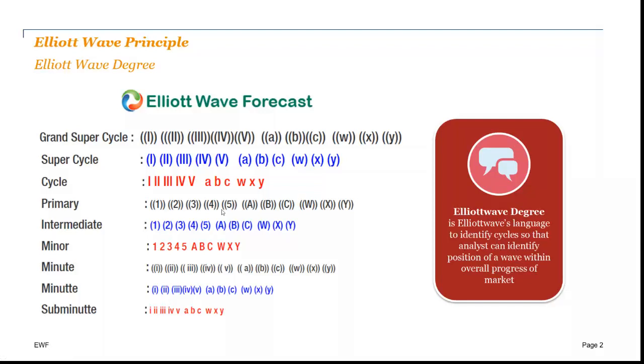The easiest way to do it is you start from the highest degree. When you want to label yourself, for 5 to 15 minutes, the same applies. The lower the time frame, the more details you should put. Now remember,